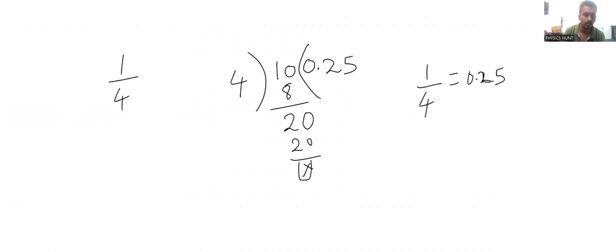Let us consider now such decimal numbers addition. Suppose 23.75 plus 1.425. When you want to add or subtract